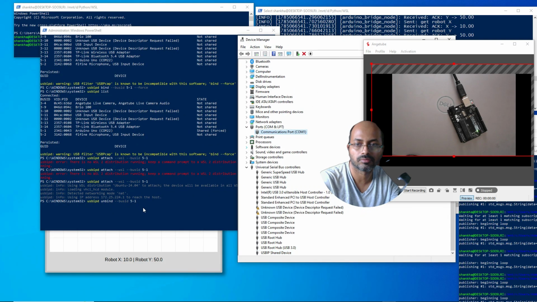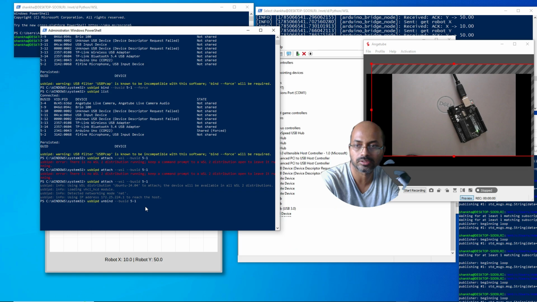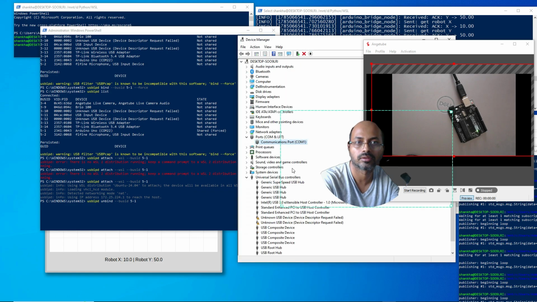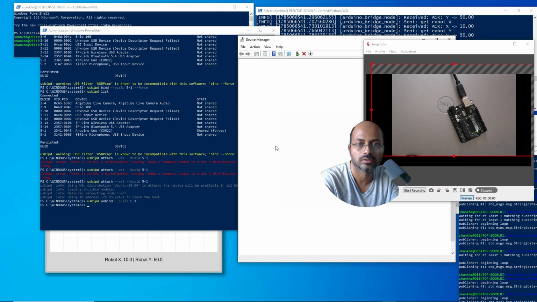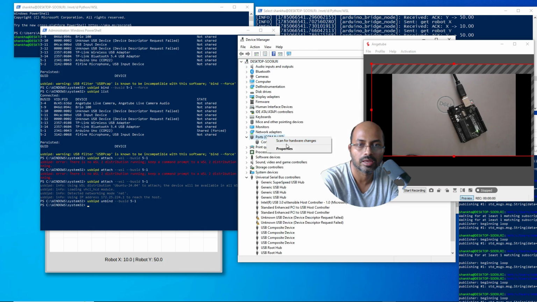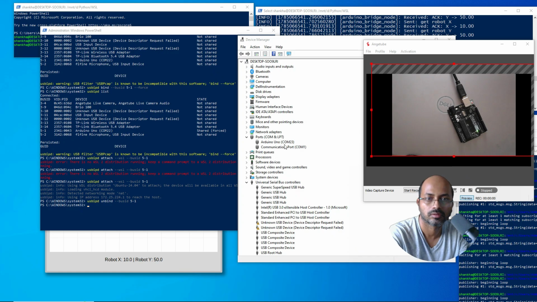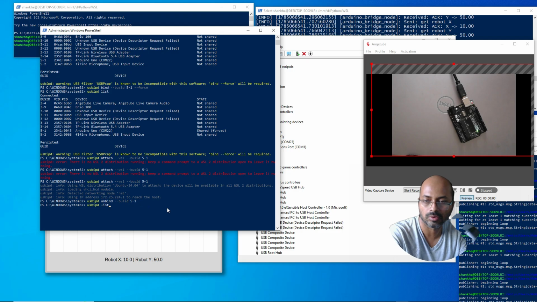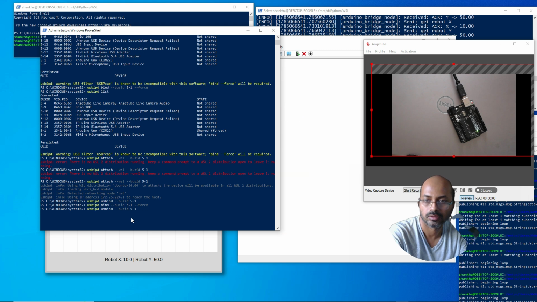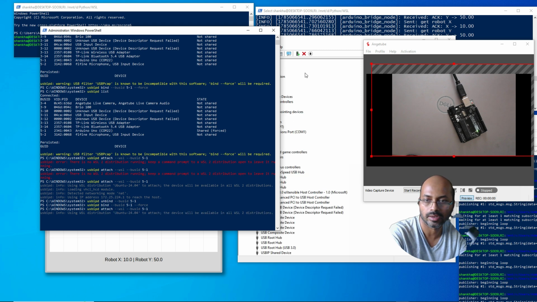So what I will do, I'll just click on this unbind, and you see it will appear here. See, it's back here, but actually I want to bind one more time to show you one more thing. And we bind and attach,